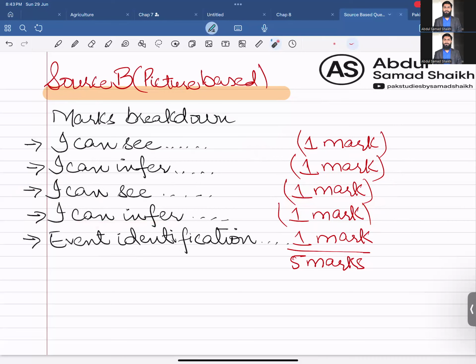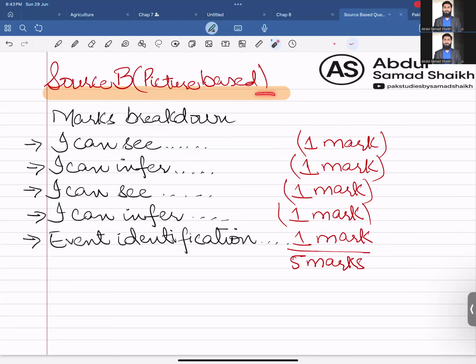1 mark is coming. Yeah, so this is how it's going to be 2 marks. So 2 marks we have got here in the first pair. In the second pair, we have got 2 marks. Now the last mark is for event identification. You need to identify the event and conclude which event this picture is related to. So that is going to get you the last mark. This is the breakdown of marks